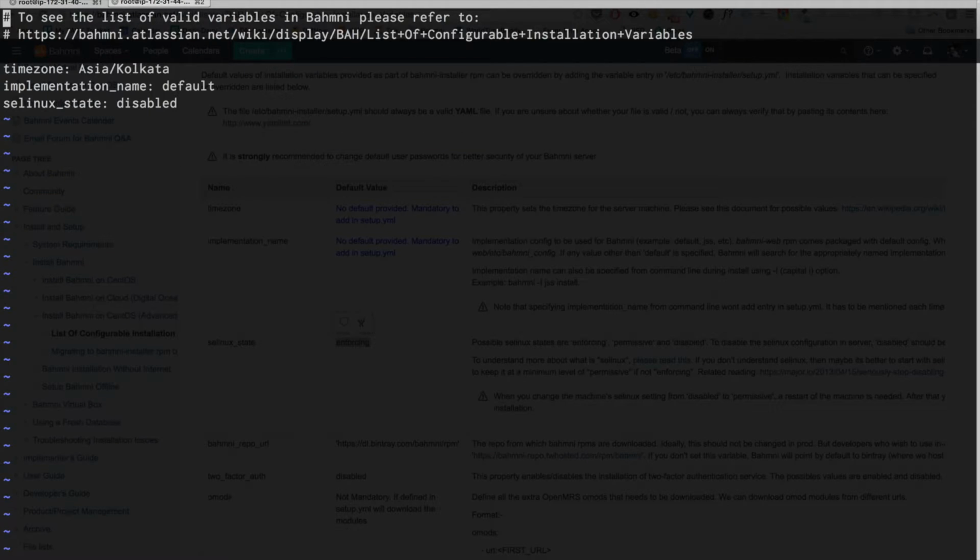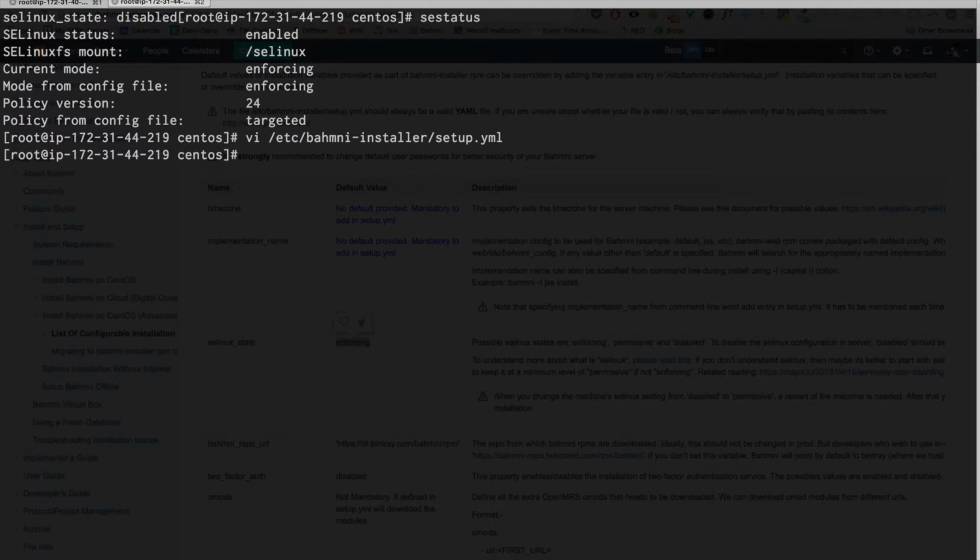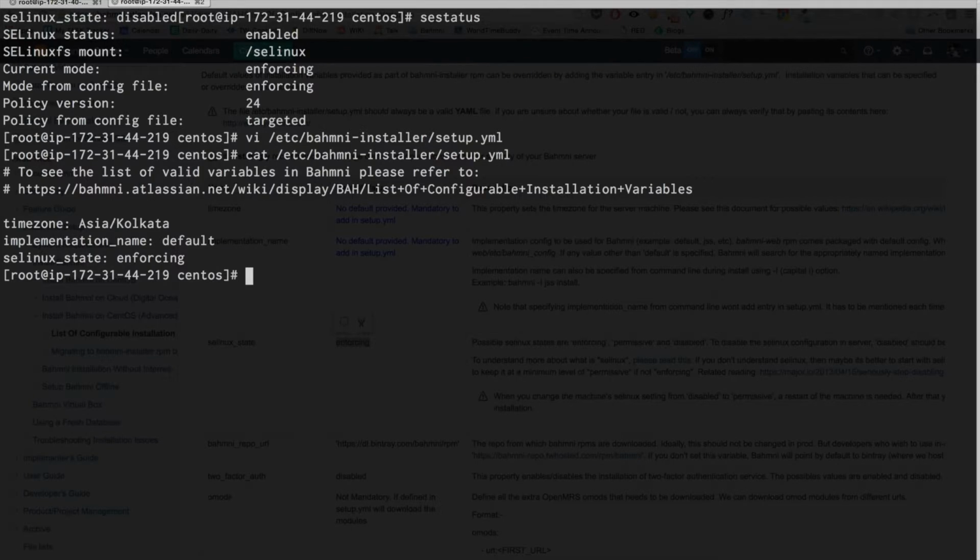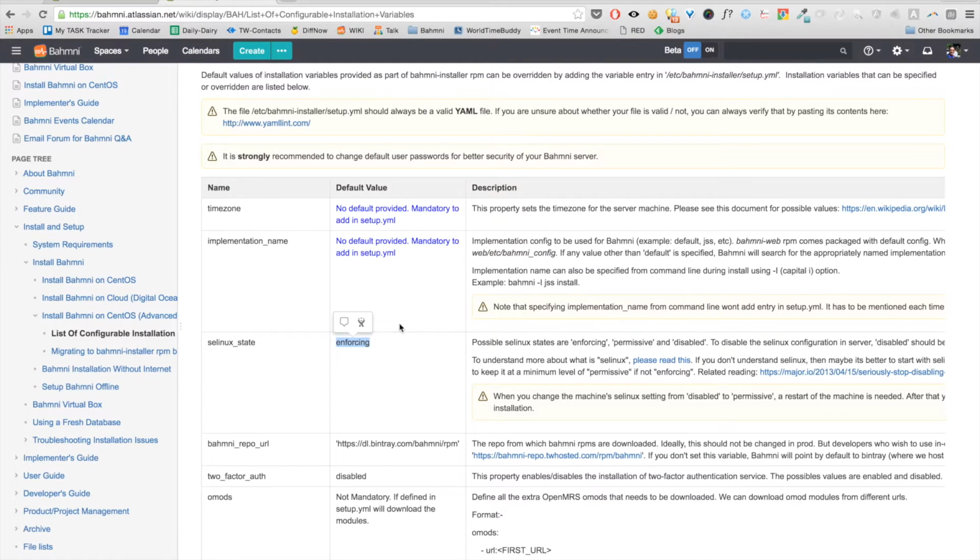I'm using the VI editor. I'll go to SE Linux and change it to enforcing. Notice I have to put a space after this. Let's just cat the file once more. Okay, so SE Linux state, implementation name and time zone have been given.